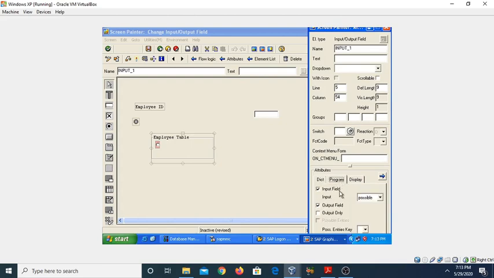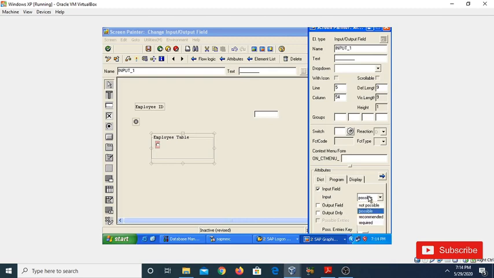Sometimes the programmer does not want to get input from the user, just wants to display the output or data. You can uncheck it, and it will make it an output field. And in the reverse process, if you want to only get the input, then select input and leave the output field unchecked. Sometimes the programmer also wants the user to enter a value in this input output field so that the program cannot continue or execute further otherwise.